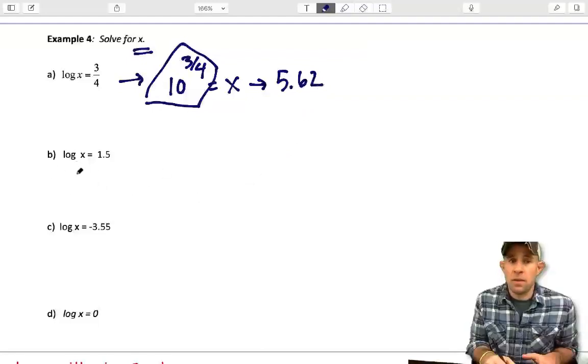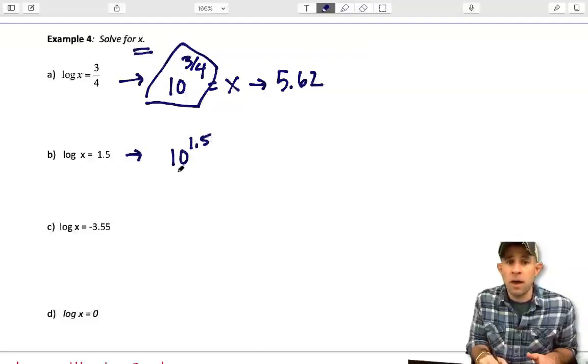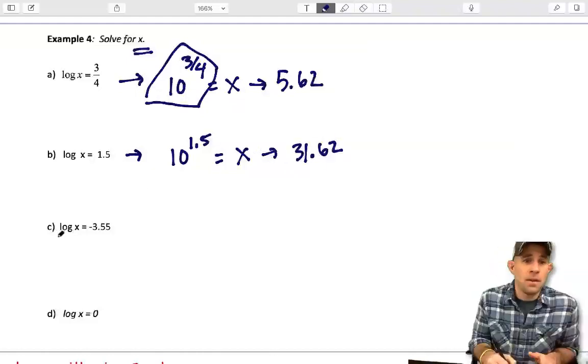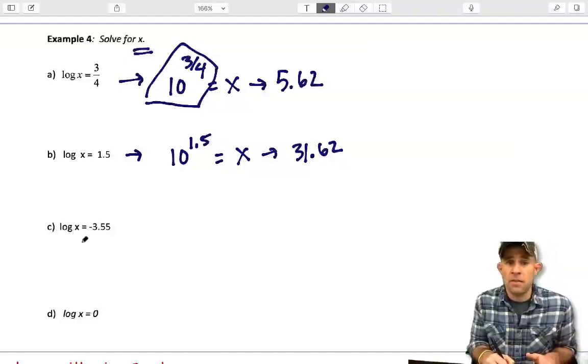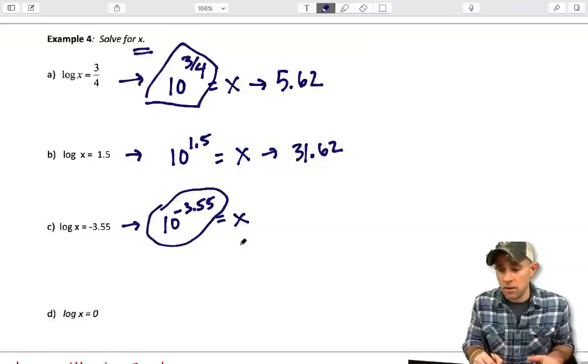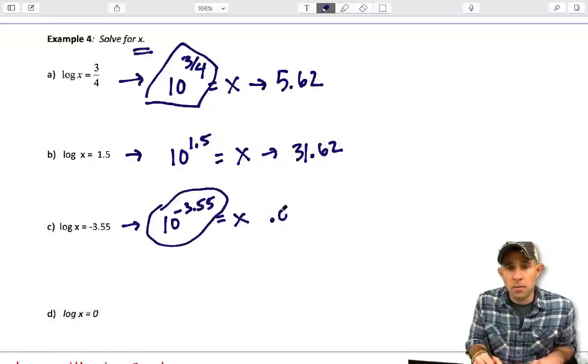Next, we see log base 10 of x is equal to 1.5. So again, we're going to write this in exponential form. What this means is 1.5 is the power I raised 10 to in order to get the value of x. Again, on our calculators, 10 to the 1.5 should give us 31.62. All right, log base 10 of x is equal to negative 3.55. In other words, 10 to the negative 3.55 power is equal to my value for x. I'm going to use my calculator to evaluate this, and you can check it on your calculator as well, but you should end up with a value of